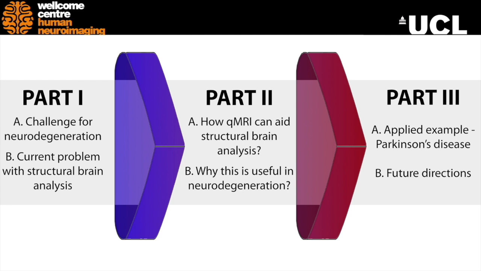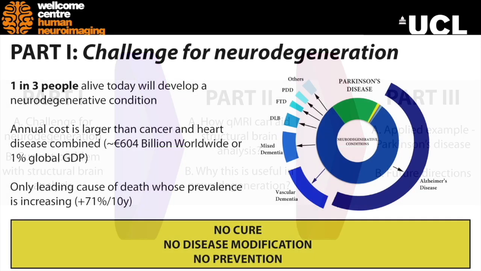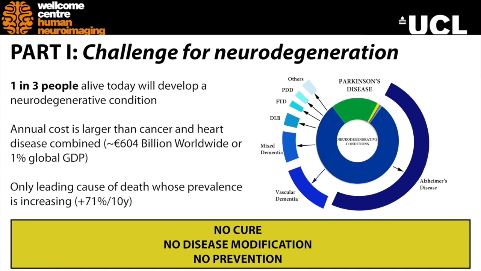And then finally, I'll provide a worked example using Parkinson's disease and outline some possible future directions. It cannot be understated the challenge neurodegeneration poses. It is estimated 1 in 3 people alive today will develop some form of neurodegenerative condition, most commonly Alzheimer's disease